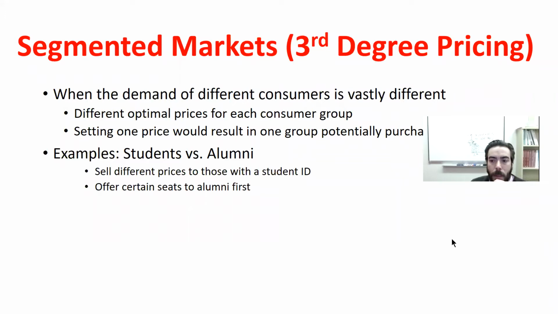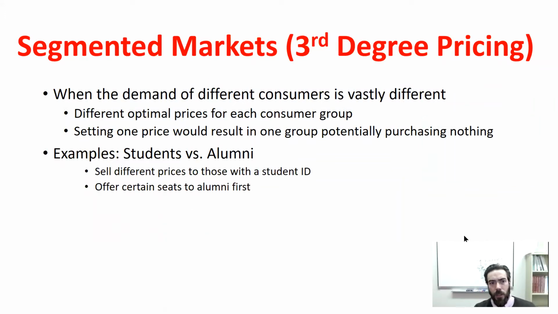And then here, I'll mention this one. It's kind of like what we talked about in class. I mentioned, sometimes they'll charge different consumers different prices. And so really it's just whenever we have demand that varies across consumers, maybe students versus alumni, I'm going to charge different prices to those consumer groups. So typically we see this with like student tickets or senior discounts or discounts for kids. And basically you just find the equilibrium price for student tickets and then the equilibrium price for alumni. And then you charge them different prices and hopefully somehow verify that the people buying the student tickets are in fact students, right?